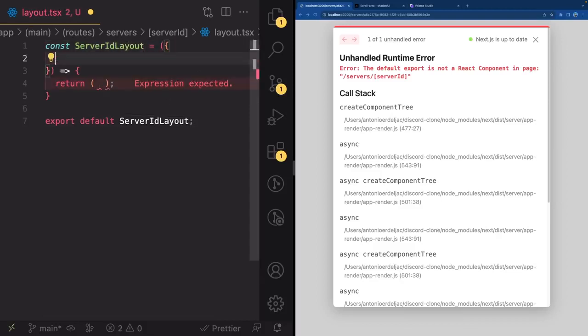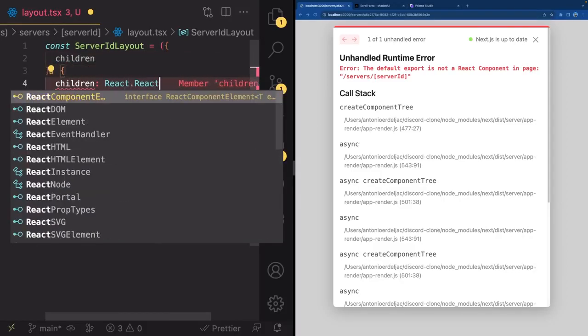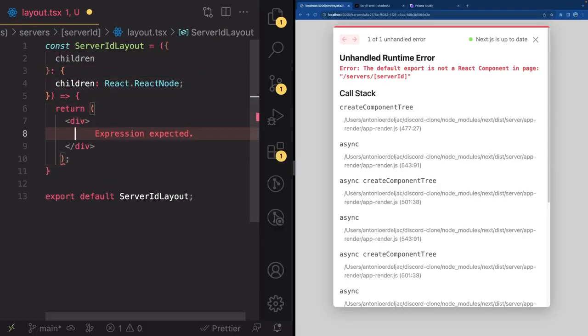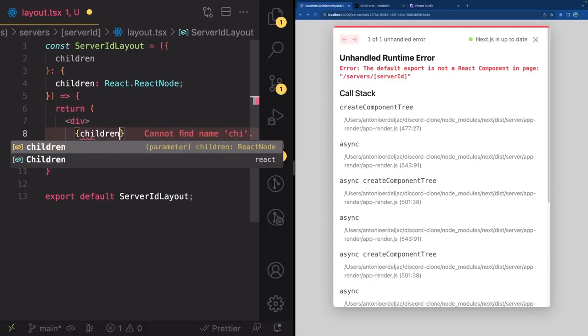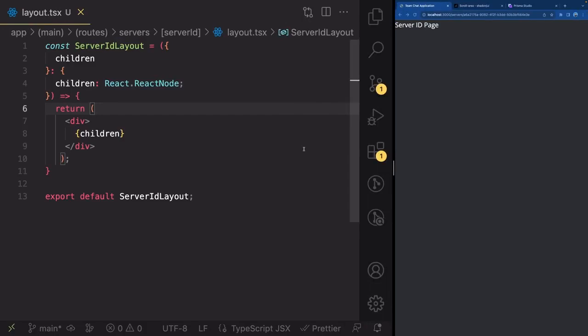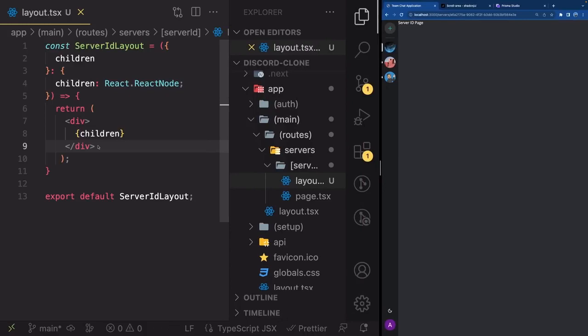Go ahead and add the children and give the types for children to be React.ReactNode like this. Great. Now go inside and just render the children like this. There we go. So the error is gone and we have our layout right here. So I'm just going to zoom this out so my sidebar is visible. Again, make sure that your sidebar is visible. So either zoom out or expand your tab, one of the two,